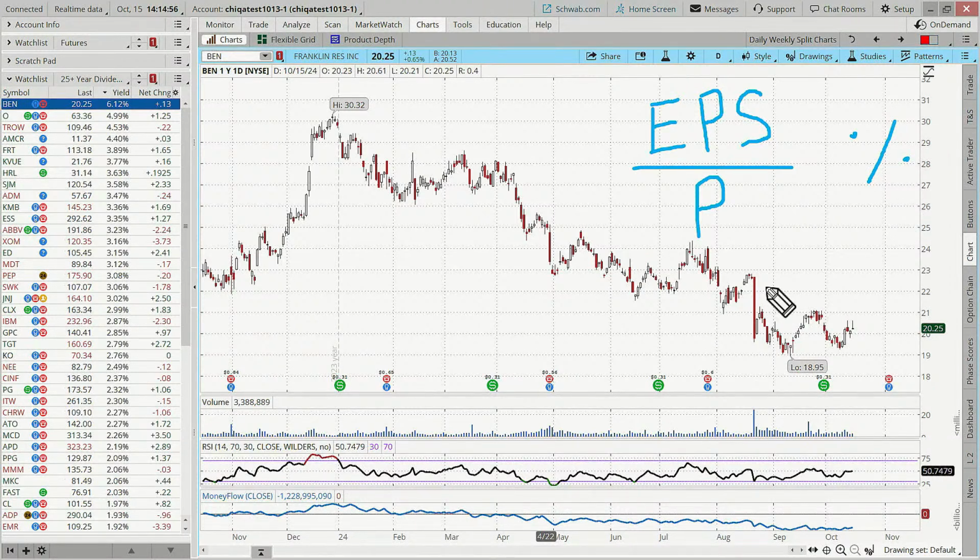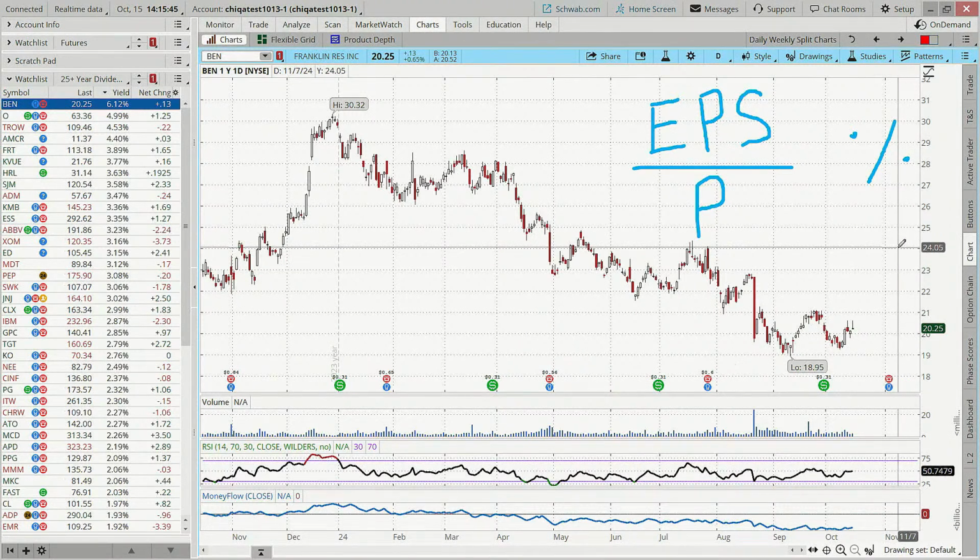Some of these famous traders and investors say, hey, I'm not going to go for anything less than 8%. They want to get an 8% earnings yield on a company. That is the earnings yield. That's what we're looking at right here. So it tells us how much a company earns relative to its stock price. So at this price, what is the company earning annually in terms of earnings? In a sense, that's a financial metric for us. It shows how much profit, using earnings as an example, a company has provided to an investor. So what are they earning in terms of a percent based on earnings per